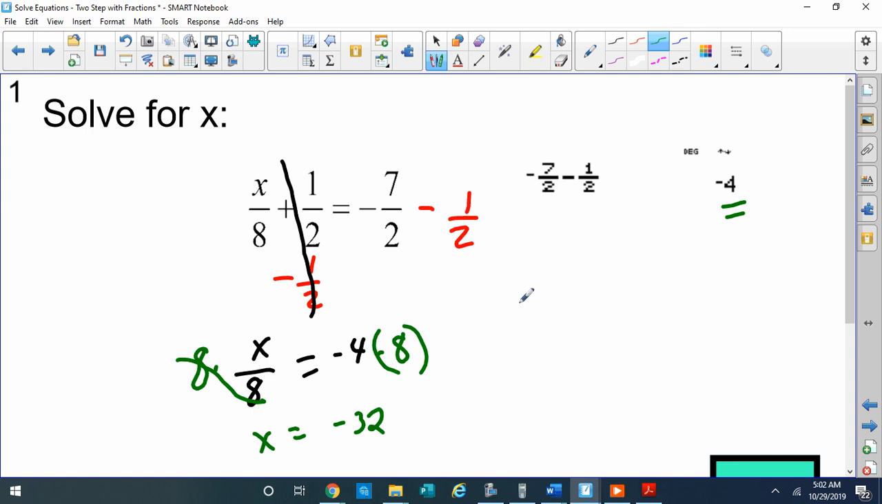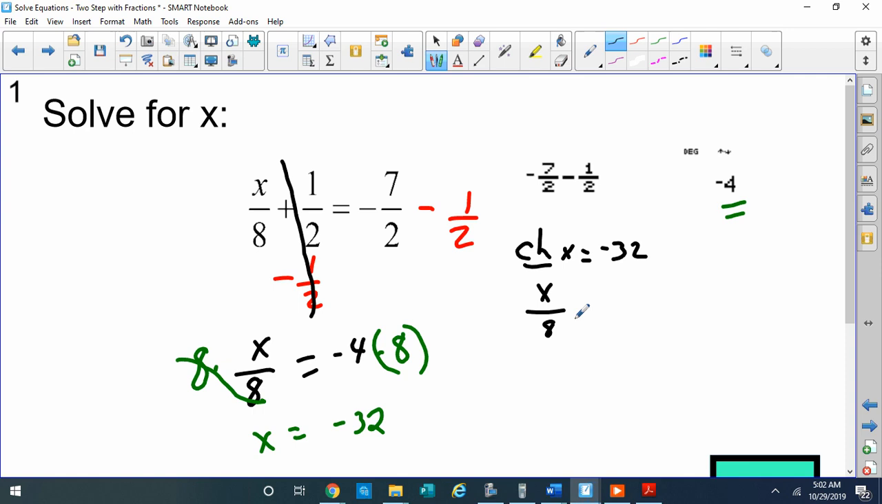So hopefully we did this right. And let's check our answer to see if we did it right, because that's the only way we can tell if we made a mistake or not. So let's go get another color and put check down here. So, x is equal to -32. So I'm going to rewrite the problem